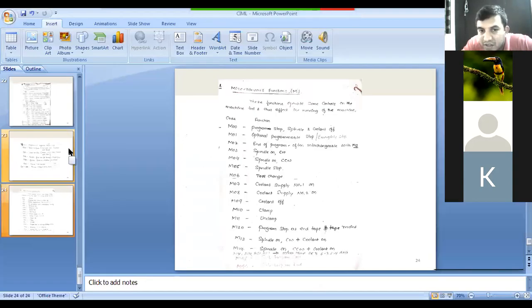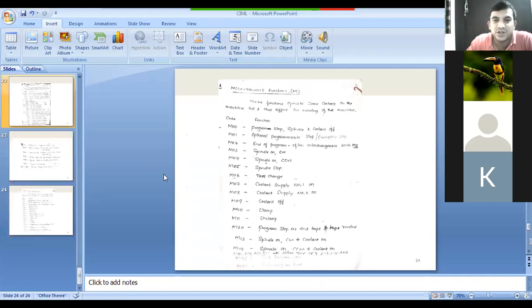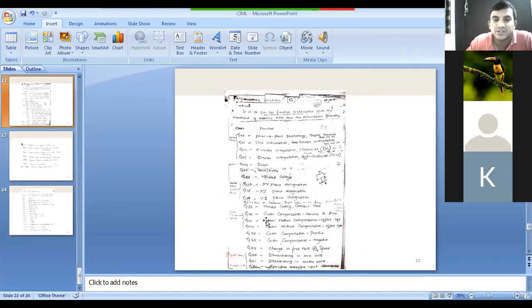Sir, are the G codes and M code functions the same for turning and milling operations? For M codes, yes, they are the same, whether turning or milling and drilling. But G codes are up to 80% the same. Some codes are changed. For turning and milling, up to 80% are the same. The motion group is the same, dwell is also the same, positioning is also the same. Only the dimensioning, some feed rates and certain G codes are different. For milling it is different, for turning it is different. Any other doubts?